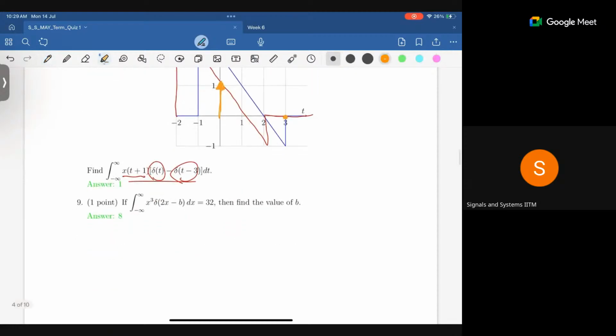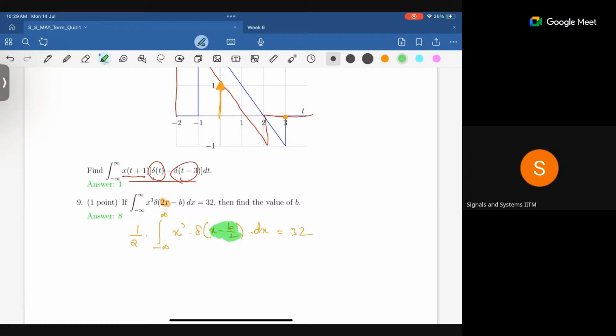And yeah, this one, you just have to be very, very careful. We have done a lot of problems related to this. There is a scaling factor, right? First you have to remove that scaling factor out. x cube delta x minus b by 2 dx. This is 32. Right? So now